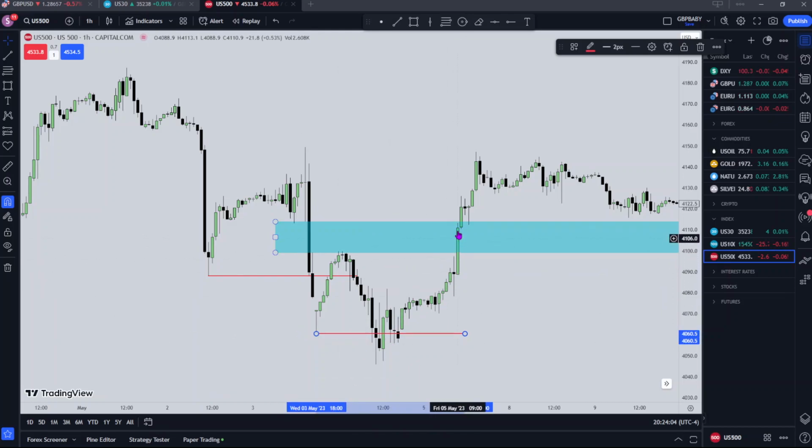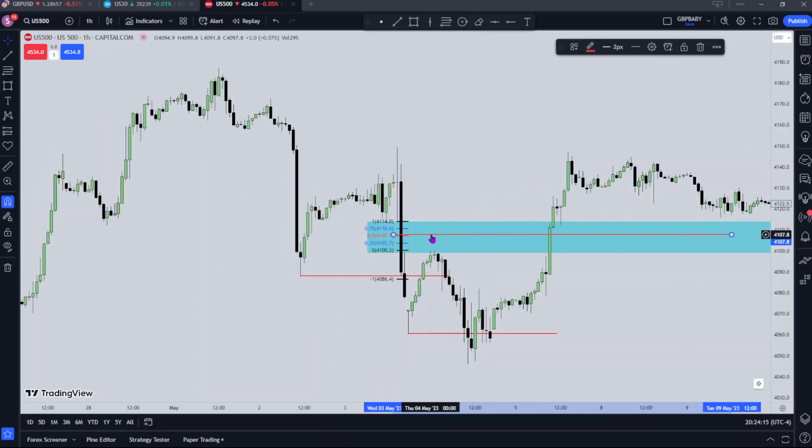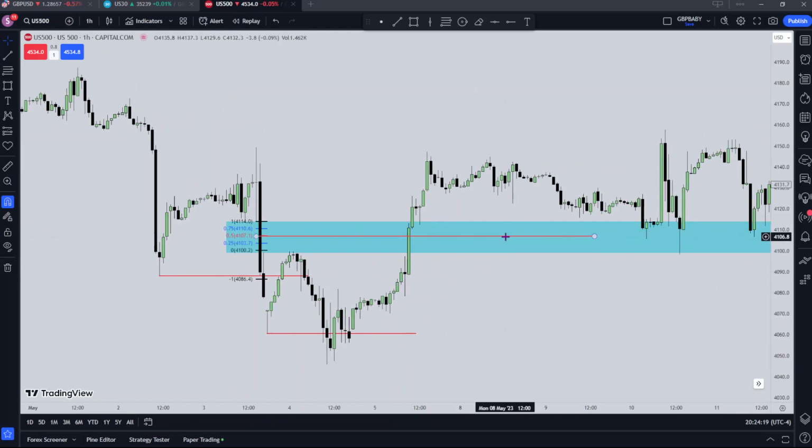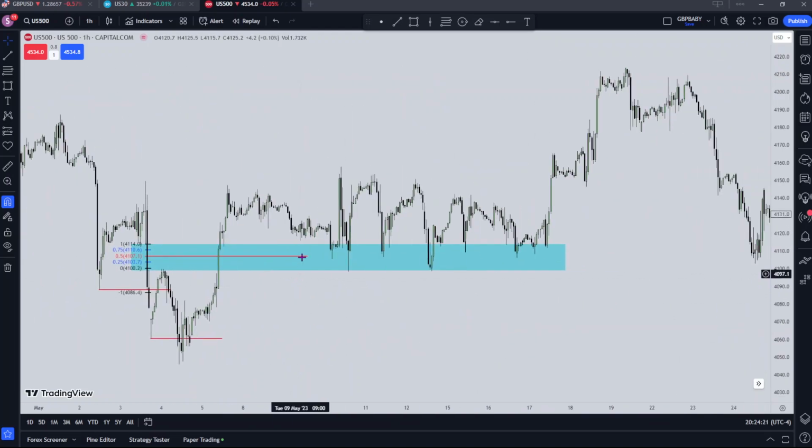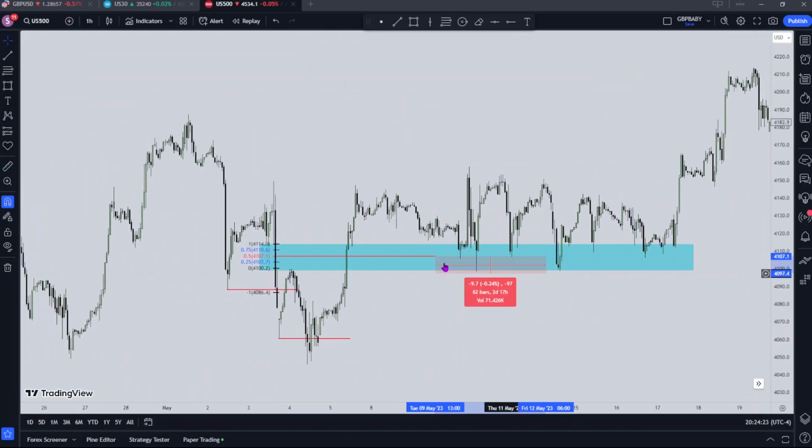We trade through it. And again, let me grade it. When I say grade it, I mean make the 50% level again. Won't take too long. I do like it to be precise though, guys. Just drag it all the way through because I want to show you again how price